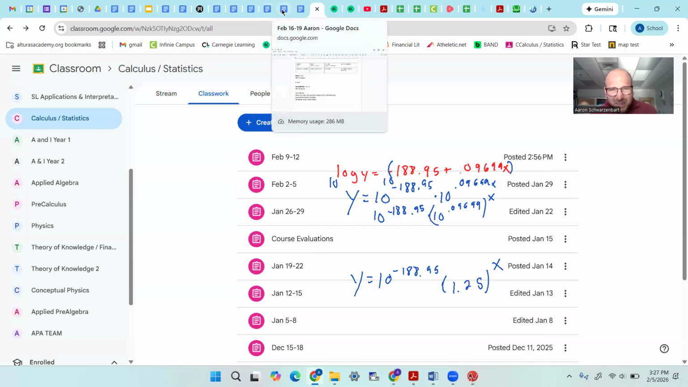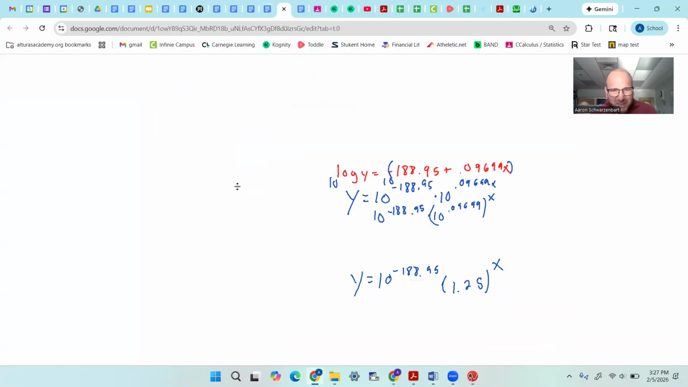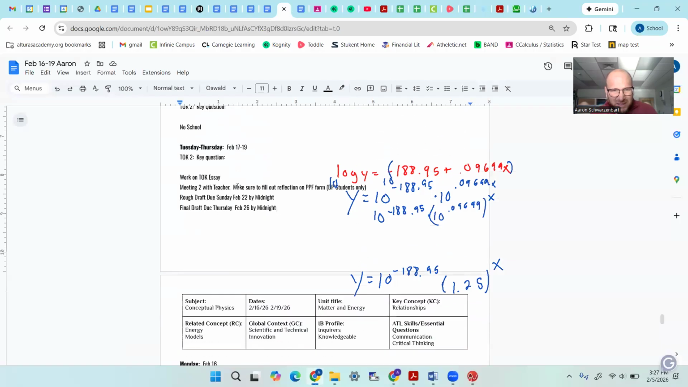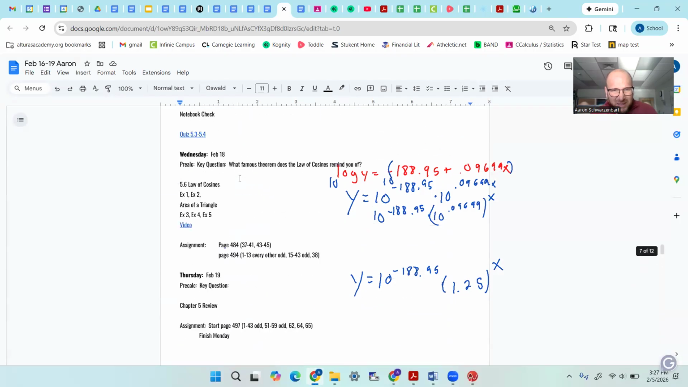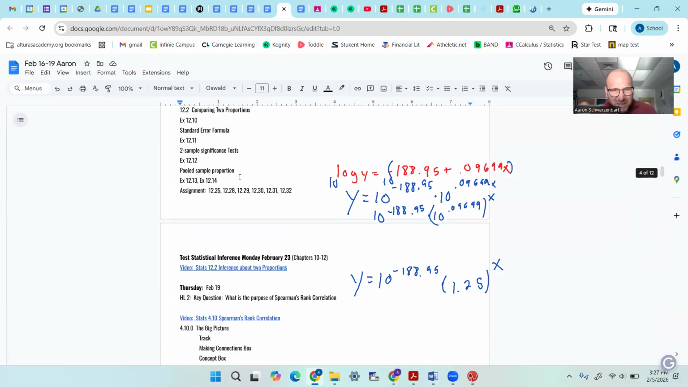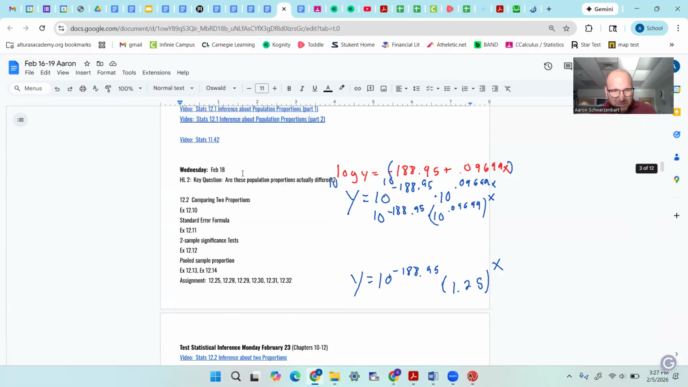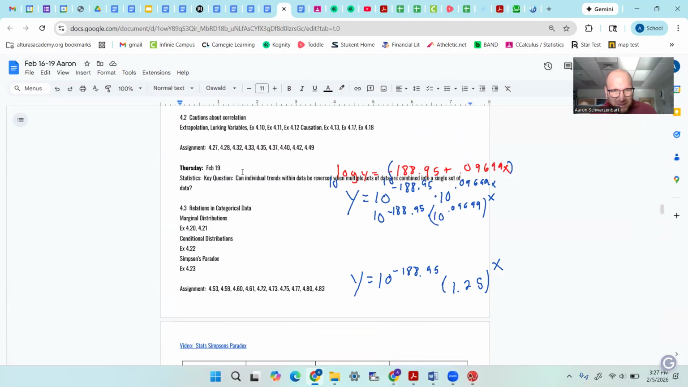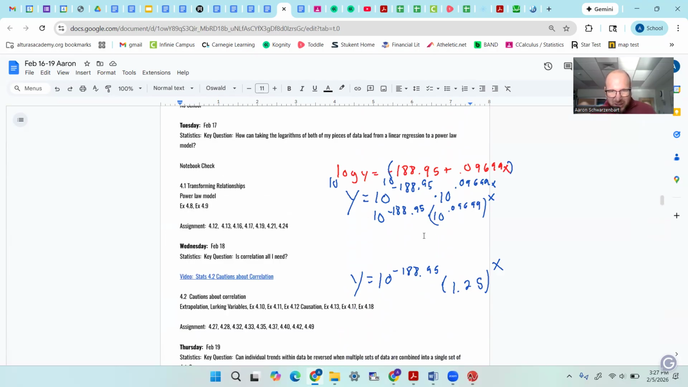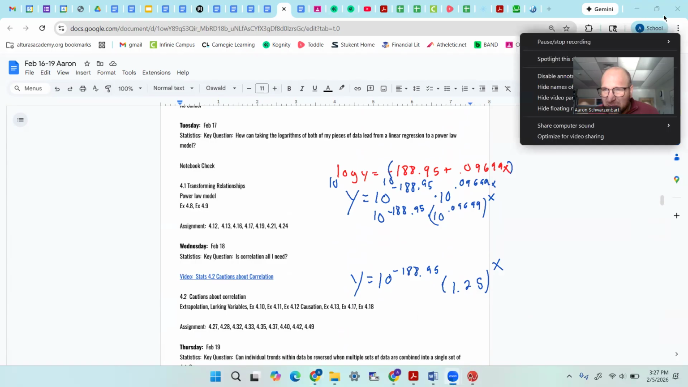Okay, we're going to leave off there. That is kind of a key thing, and we will pick up with this on Monday, or in the next lesson, depending on which